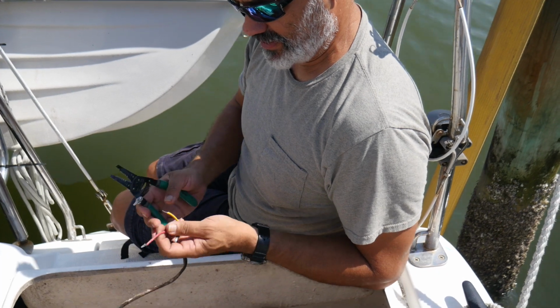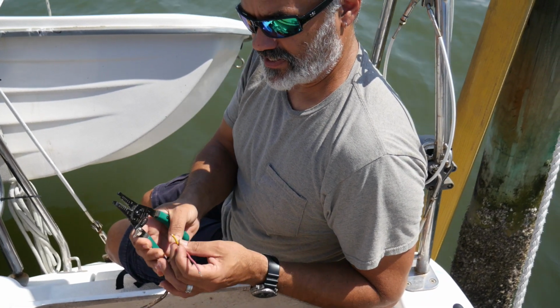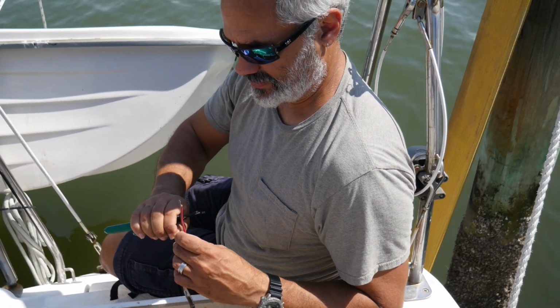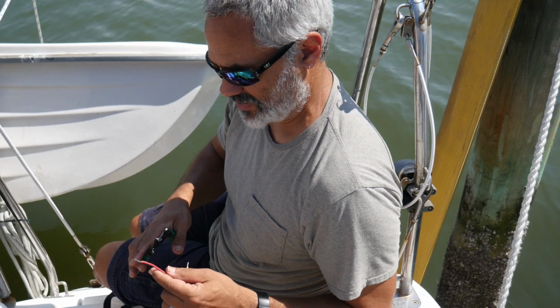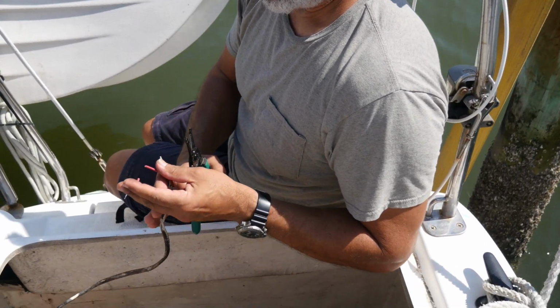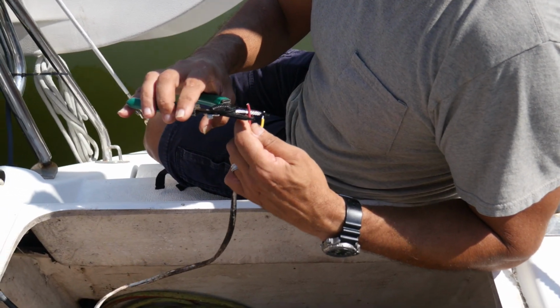So anyway, this one we didn't have to cut it back very far, just that little bit. And now we have beautiful clean wire. We won't have any resistance. And life is good, so we'll do the same thing over here. And throwing the wire in the water is frowned on, so you saw that wonderful little maneuver that I did